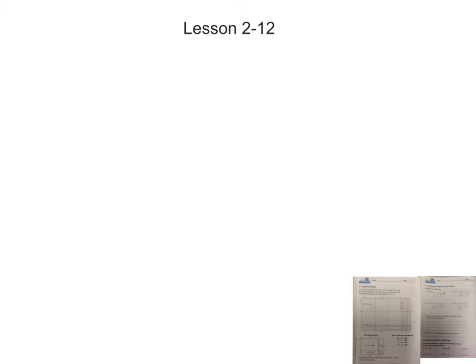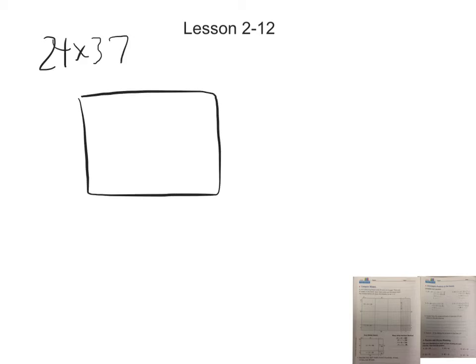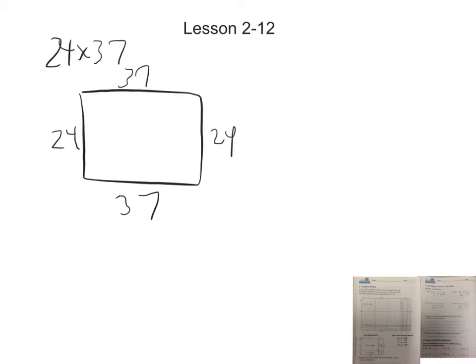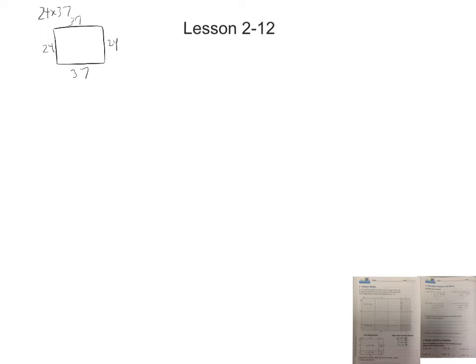So to get things started, I'm gonna put a question up on the board. I'm gonna show you 24 times 37. If you were to write that just as an area or as a square, it'd be 24 times 37. Okay, now this would be an area model right here, 24 times 37. But if I want to take this and start making it into our rectangles that we've been working on so much lately, what you would do is